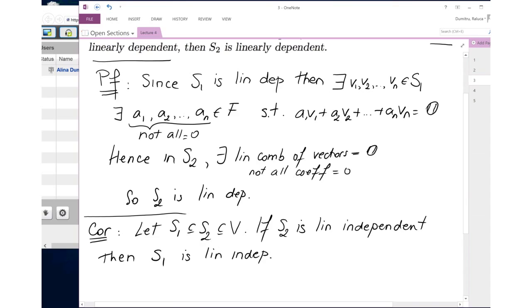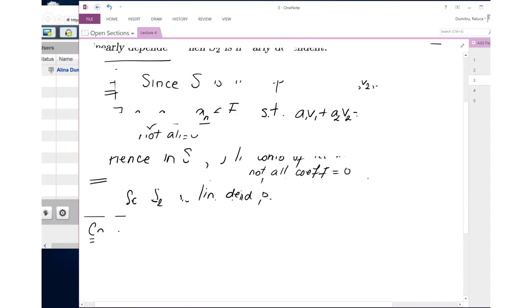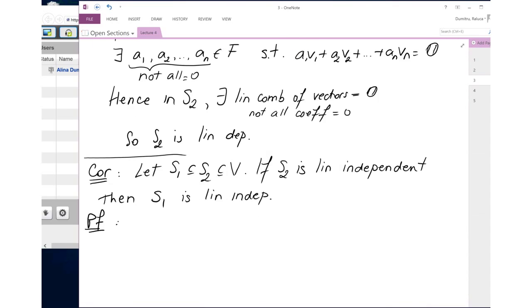Proof. I can go with the same proof as above, but since it's mentioned to be a corollary, it should be somehow a consequence of the theorem above, and it could easily be seen as a consequence if you go with the proof by contradiction. So I'm going to assume to the contrary,